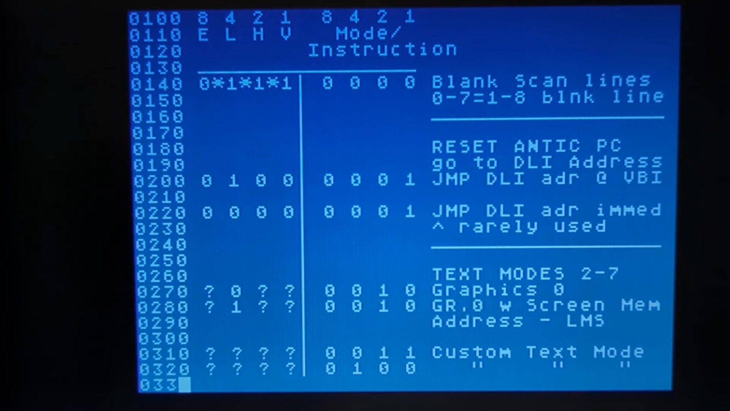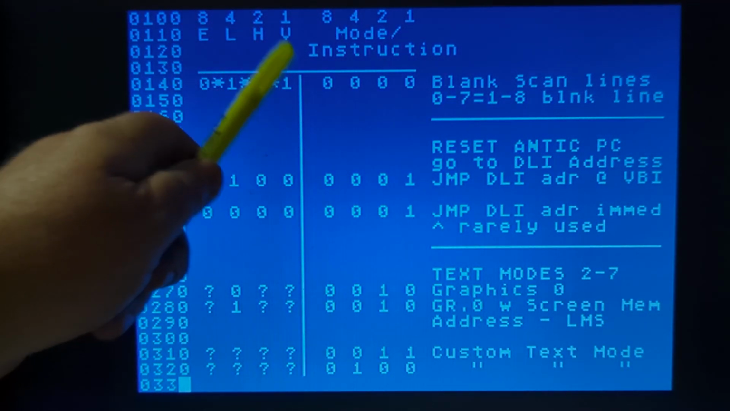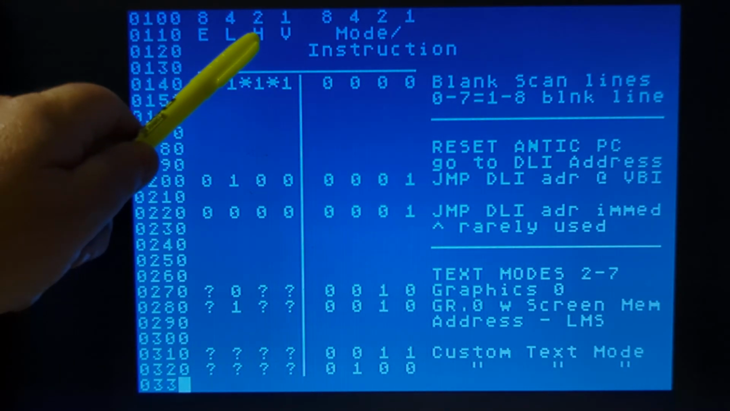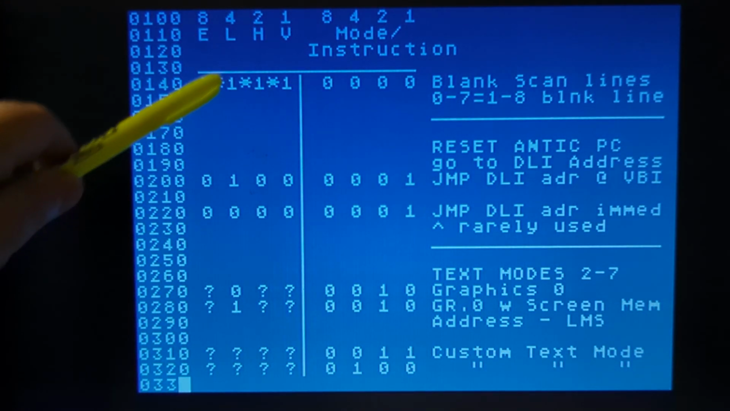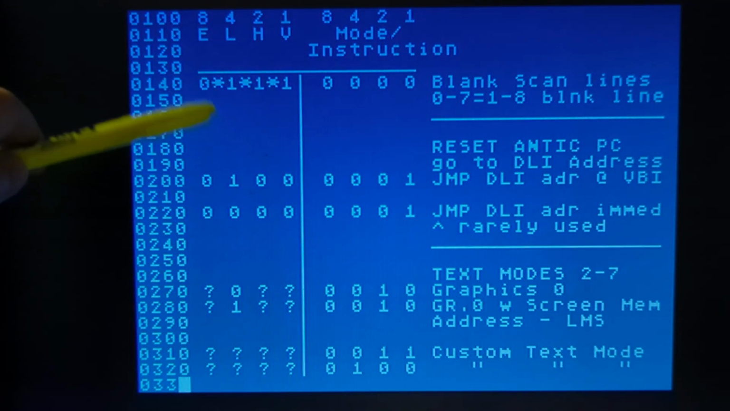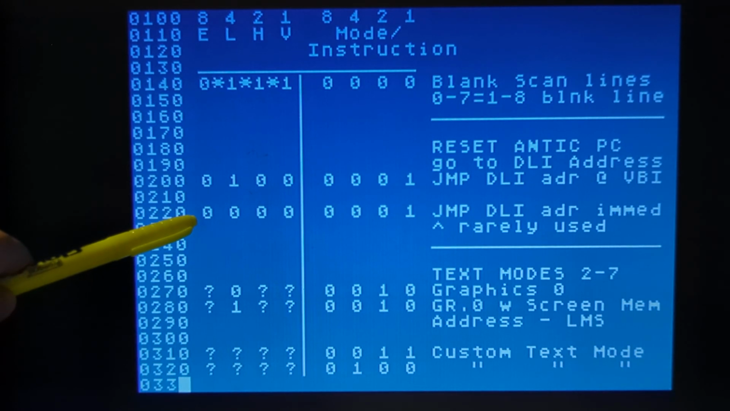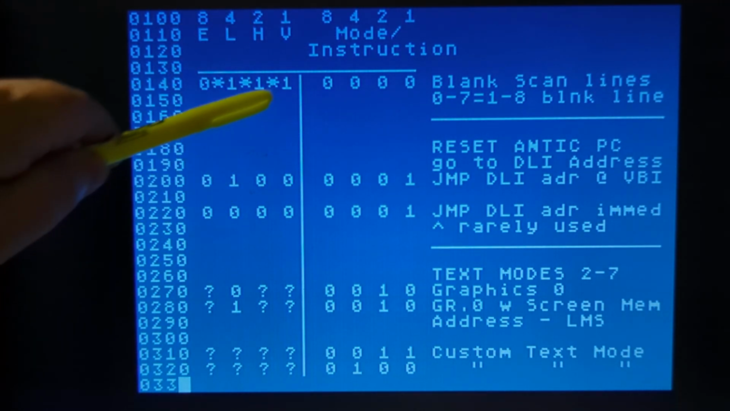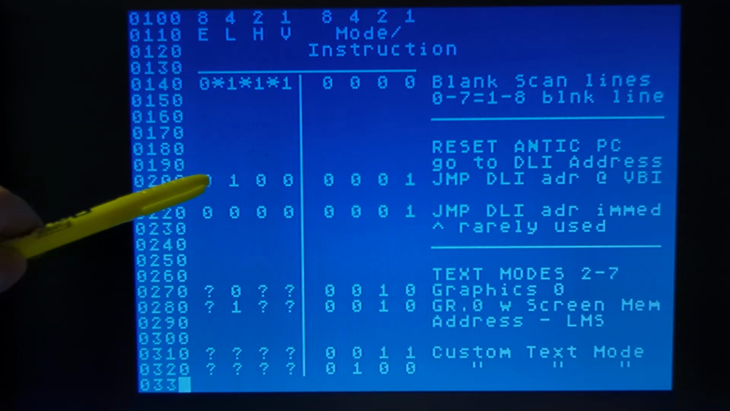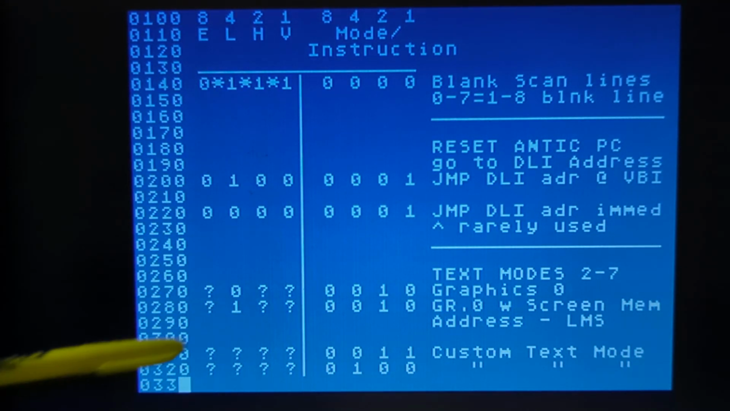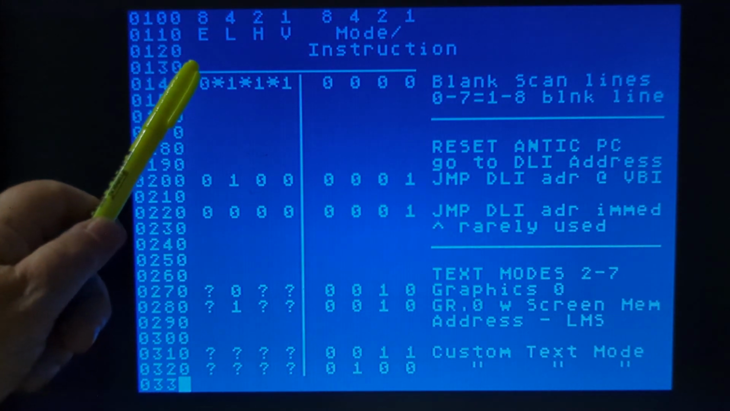I just want to go back here and talk about these. For these instructions here, this one is always 0. These are always 0. These could be 0 to 7. This is going to be 1 or 0. From here on down, what these do is